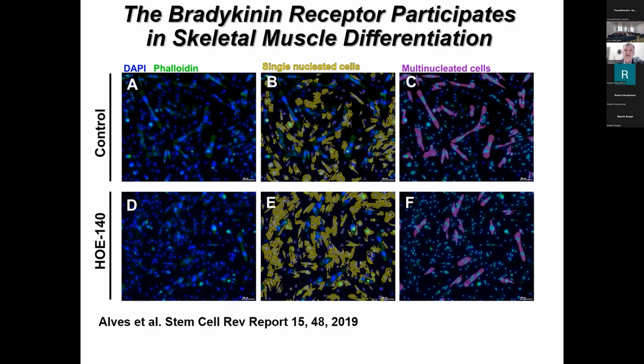So if muscles are going to differentiate, what happens is that they form syncytial cells which have more than one nucleus. So what we see here in the beginning, there are single nucleated cells, and then there are multinucleated cells, and you see that we are able to detect them by using the StrataQuest program of TissueFAXS. And in the next slide,